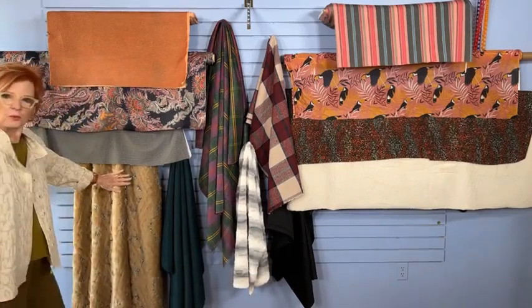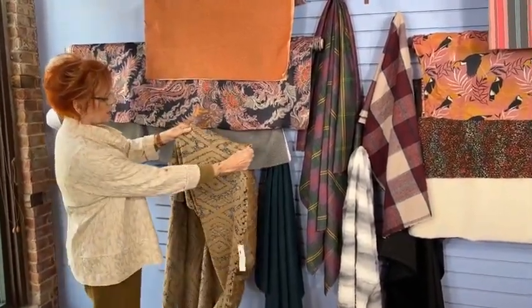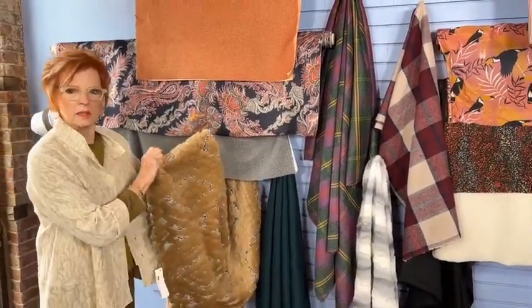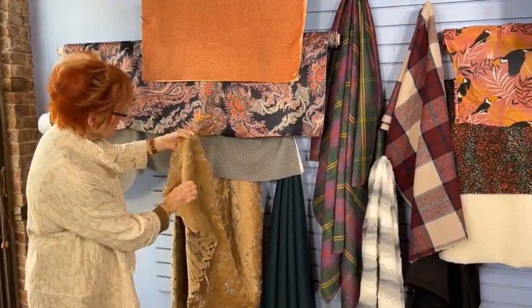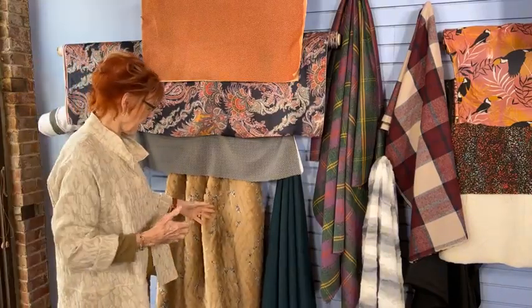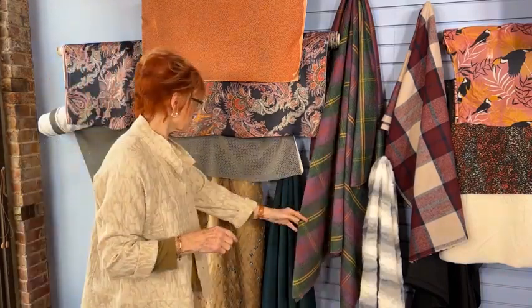so I started over here with this particular fur. Now this fur is interesting because it's not fur all over. There is a knit backing in a black and white knit tweed that's somewhat, I wouldn't call it sheer, but it's like a netting, like a heavy, slubby netting. And then this fur is woven into it. Of course, I would love a whole jacket in this, and I'm not sure why I haven't made one because I've been admiring this for a while. But even if you just got a little bit of it and used it for these appliques, it would really be fun. So then I pulled out, well,